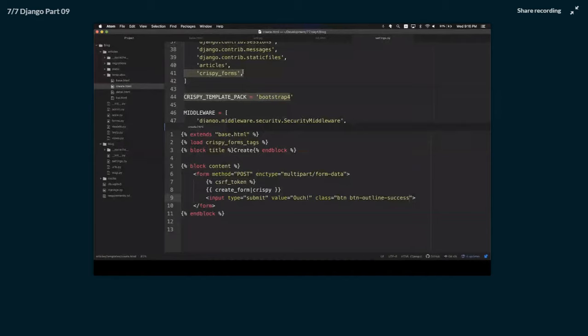We added this line here to the installed apps, crispy template pack, Bootstrap 4. And then we came here, we added this line here, load crispy forms tags. And then we added this. All right. Yes. Yeah, so if you want, you can overwrite the